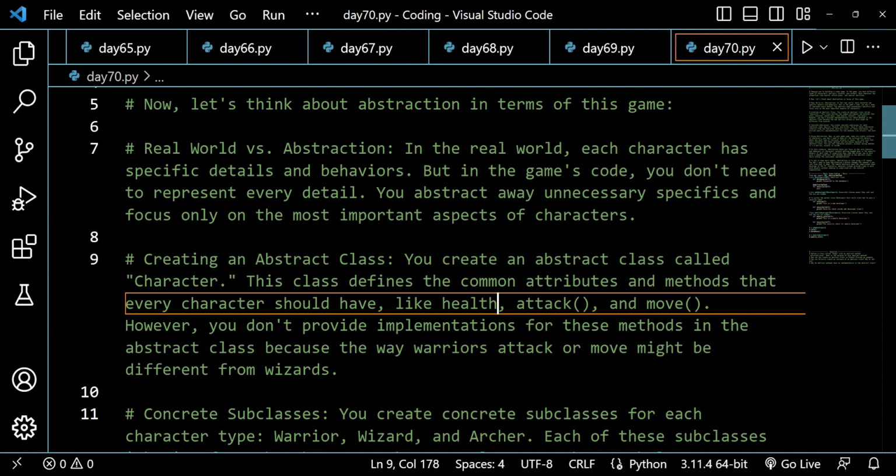Like wizards will attack from some fire, and warriors might attack from a gun. So these two will have different types of implementation and different ways they attack. So this is the way they have the different implementations. So I hope you are getting the point of how the abstraction is coming. And concrete subclasses. Now,